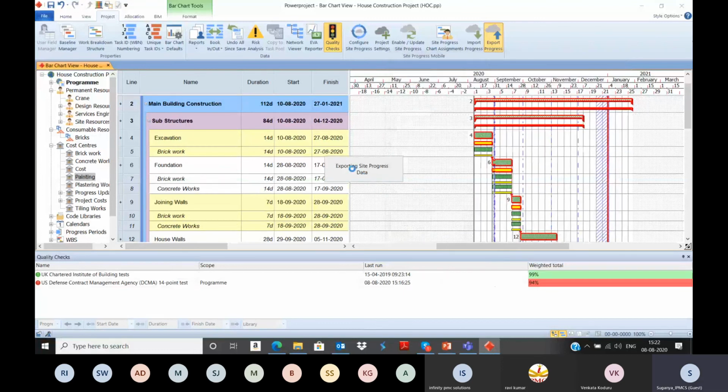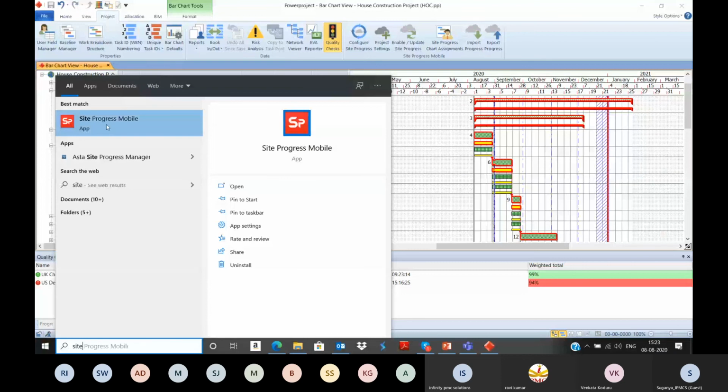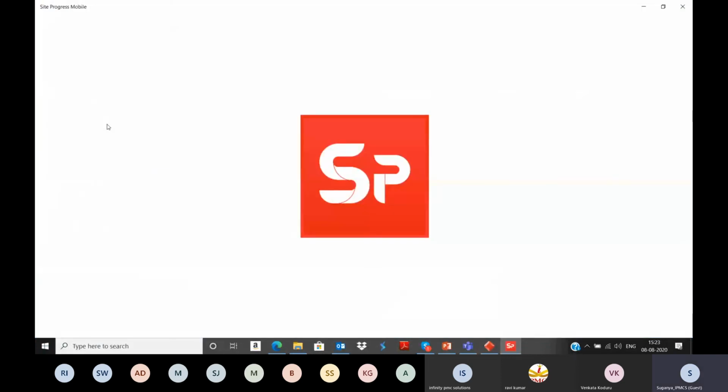Once you give OK, it is getting exported to the cloud from the software. Once this has been exported, we have to move on to the mobile application. Progress successfully exported, give OK. Open the site progress application. Select site progress mobile.